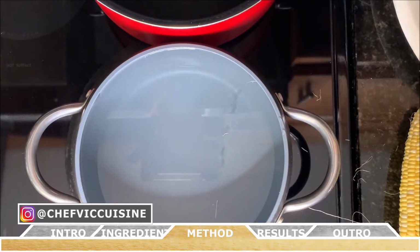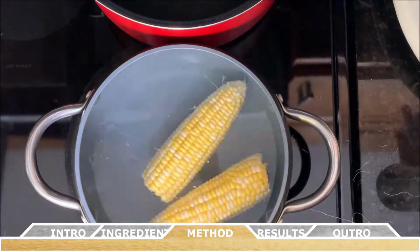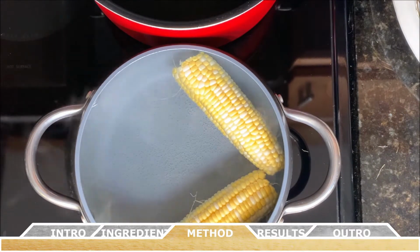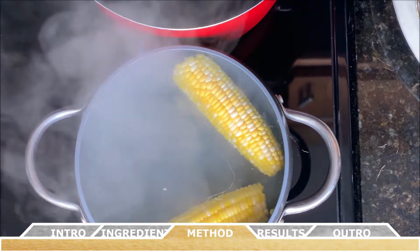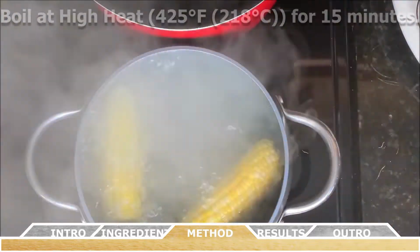Next up is boiling the corn on the cob. So with fresh corn on the cob, you want to remove the outer leaves of the corn and then take a paper towel and rub the corn on the cob to remove all of those hairs before placing it in the water. So you're going to do this for both corn on the cob,